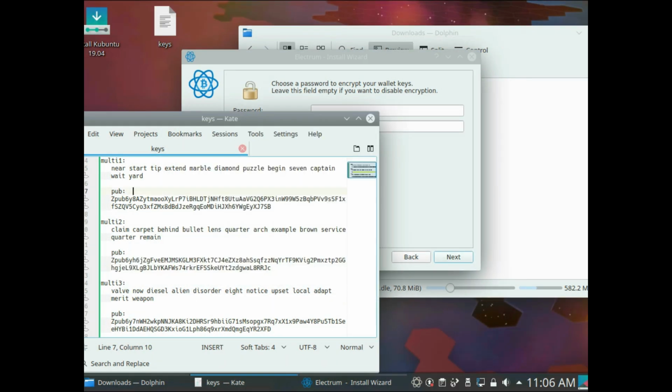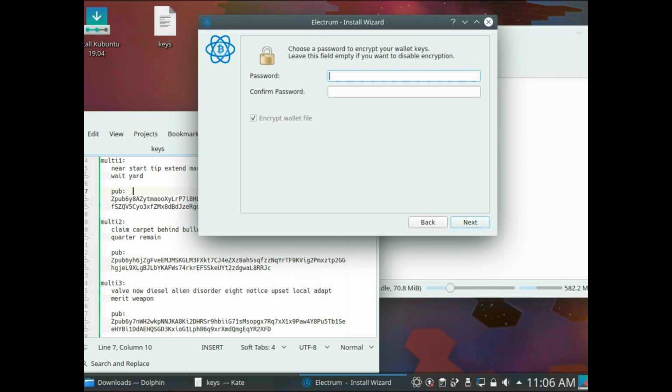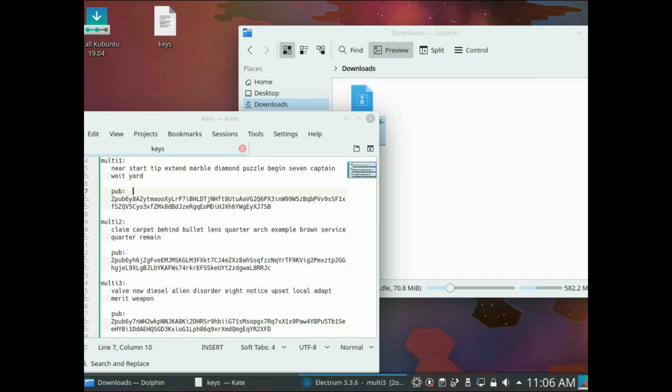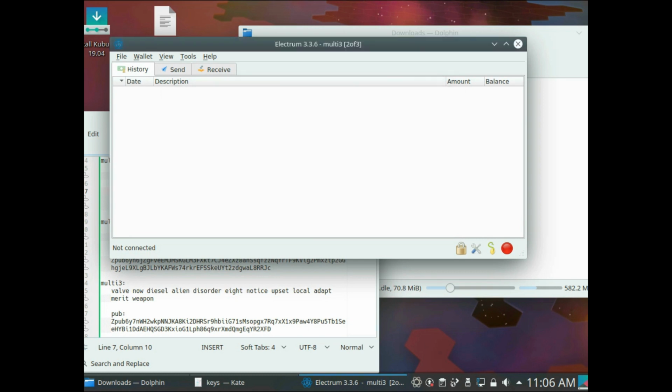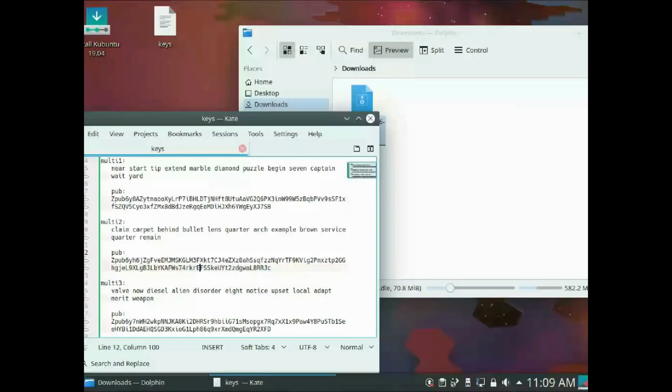Okay, and now we need to choose a password. You better choose a good password. I just choose here a very short one just for demo purposes, and it will tell us that it's weak. Yeah, I know that. This wallet I just make for show, just for demo purposes. I will not use it in the future, of course. Okay, so this is a multi-signature wallet, and so we now have our 3 seeds and our 3 master public